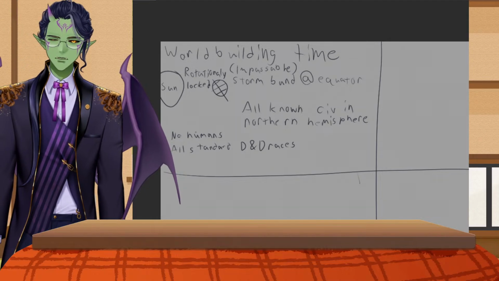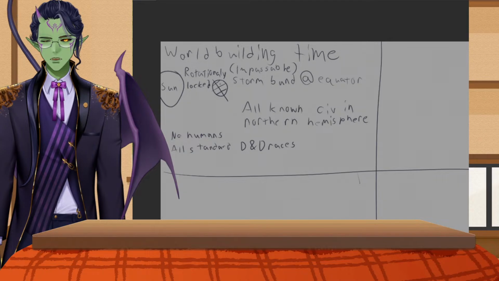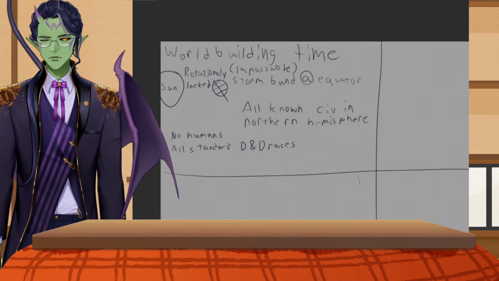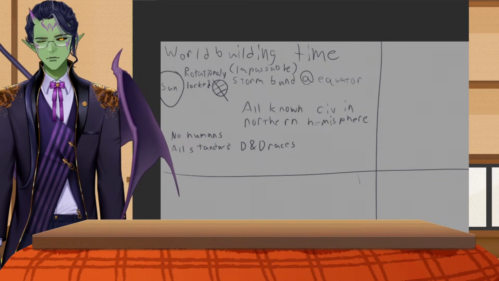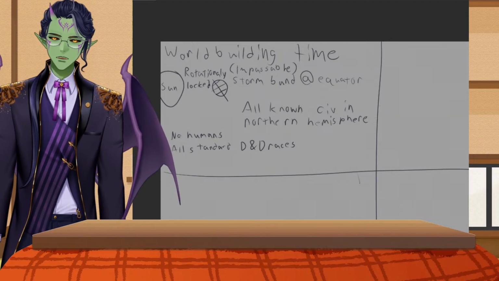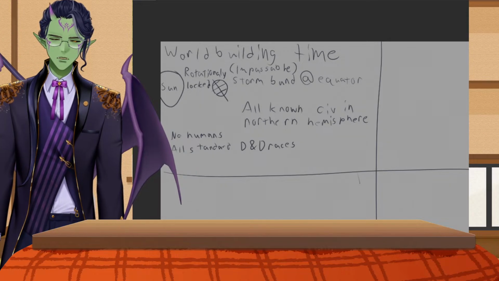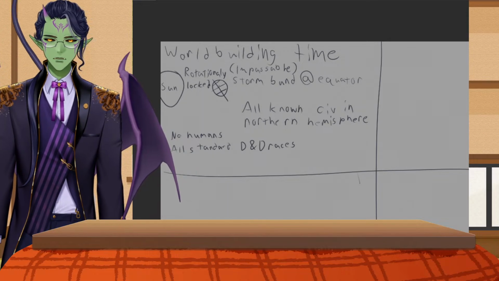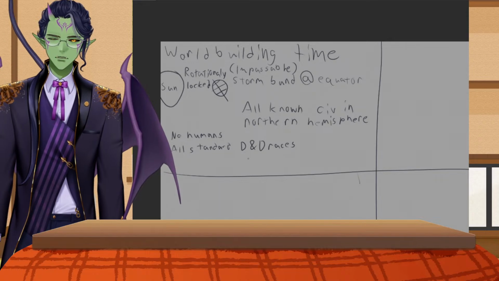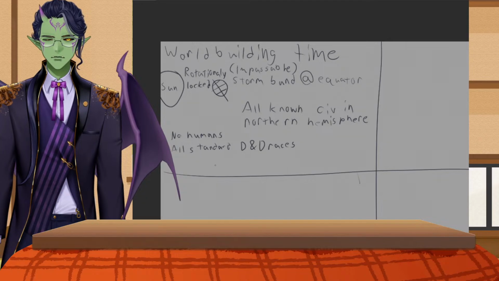So we have all the standard D&D races except for humans. And everyone lives in the northern hemisphere. Usually below the 100% daylight zone, because anything there would be a super desert, basically. But the other important thing to note is that the northern hemisphere